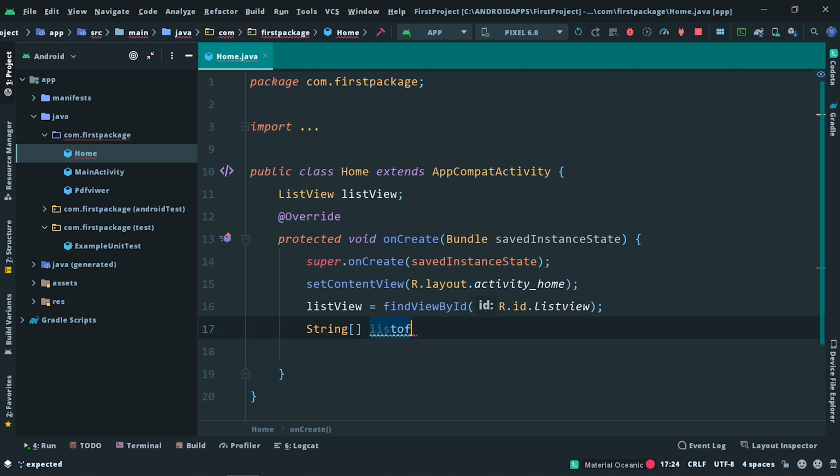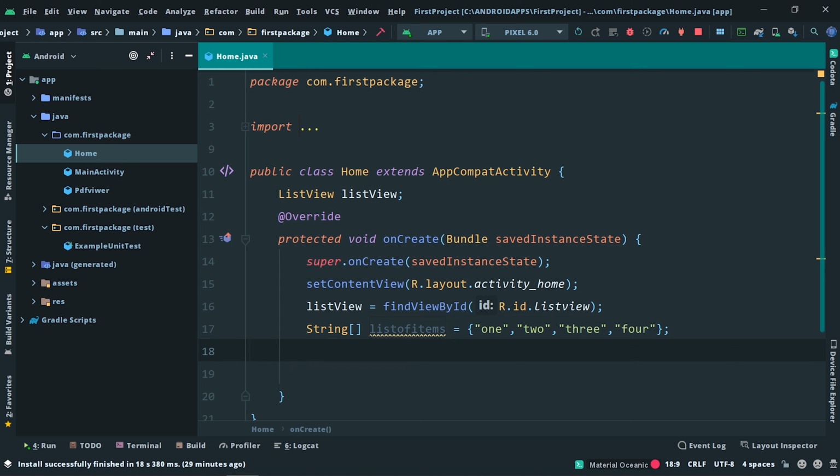I'm going to name it list of items, and is equal to, now in the curly brackets you need to give the items. The default position is 0, and we can give as many items as we need. This is completely based on your requirement. For example, I am going with 4 items in this tutorial.